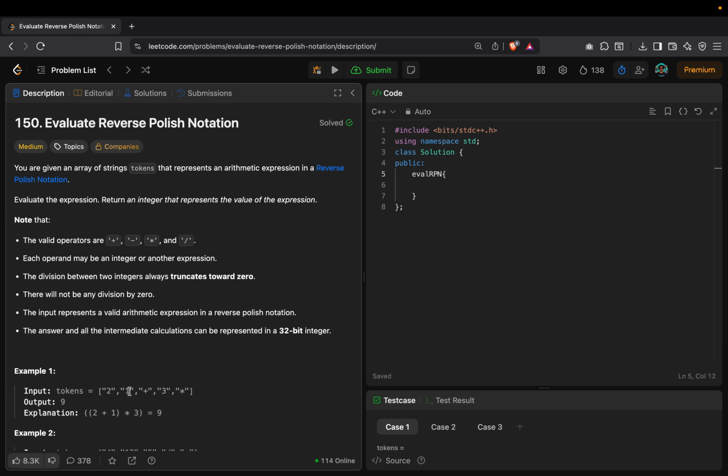And there will be two things. It will be like numbers or the signs, plus, minus, star, divided by, minus. Here what we do is we take a string and if it's a number we store it step by step, like we know in a stack we store the elements on top of each other. First in will be last out, last in will be first out, and we have to output the total sum by calculating